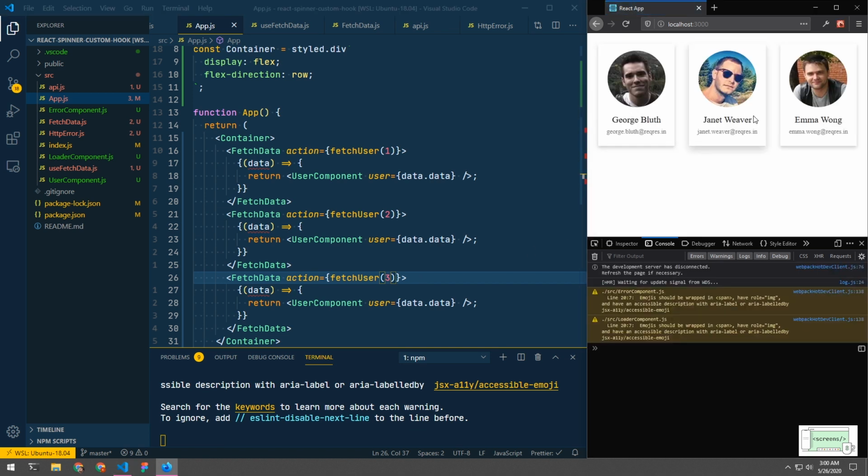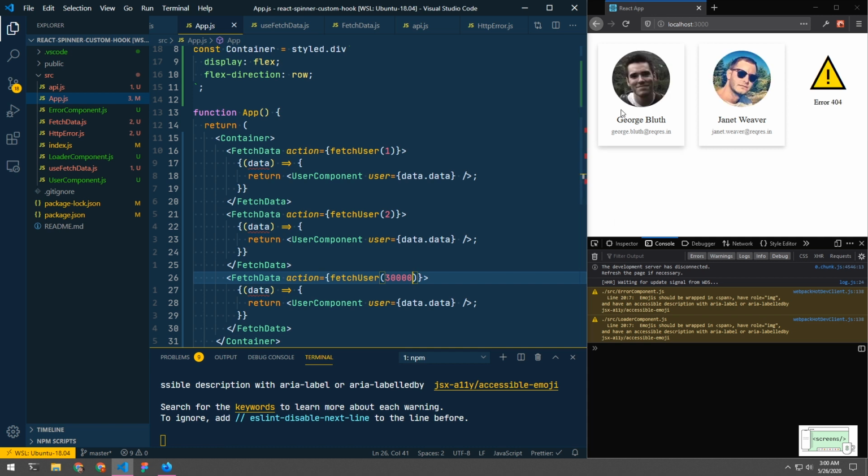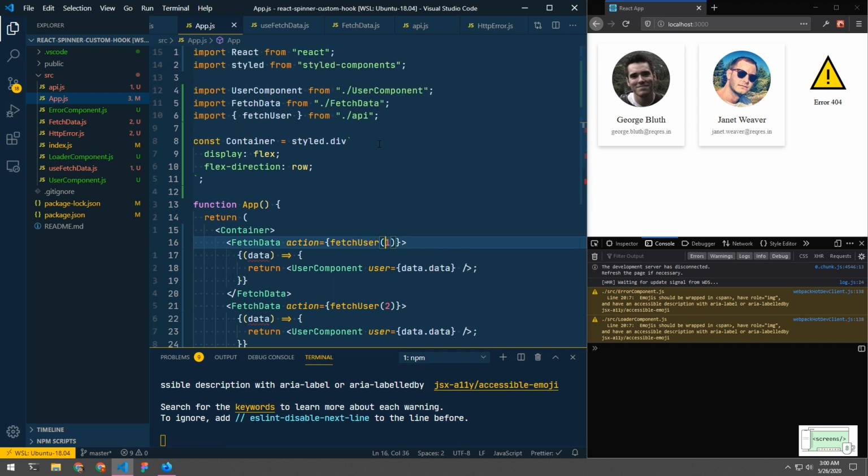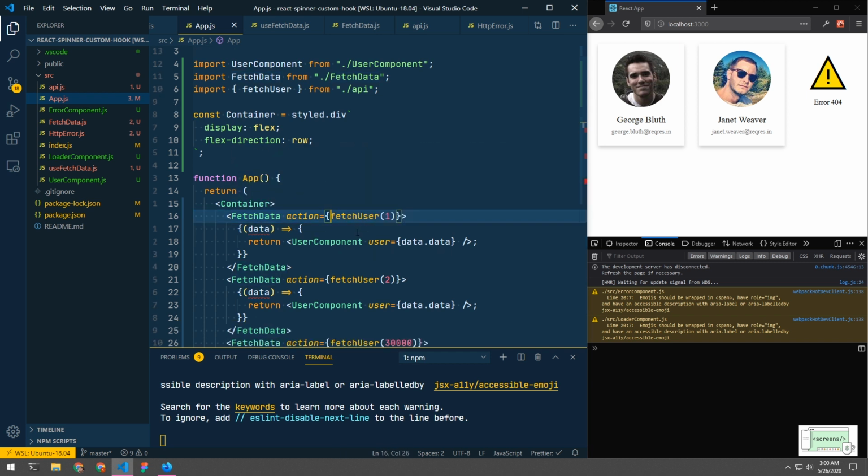And let's go ahead and create an error case as well. So we'll change the ID of the third tile to be a very high number, so it displays the error. So now you can see when the API returns us 404, we are displaying that as the error on the UI as well. So as you can see, we have successfully implemented the FetchData component, which uses the custom hook useFetchData. So you can use this component to make an API call and display loading and error states. Just change the action for different types of APIs.